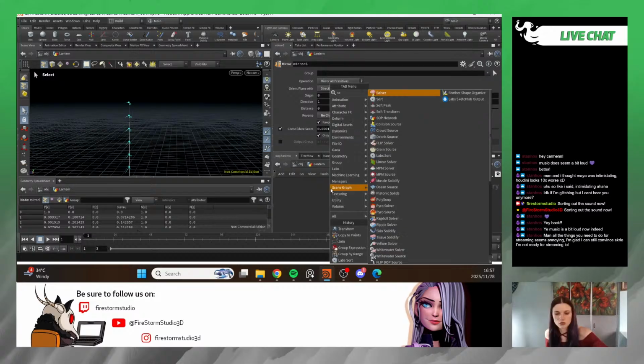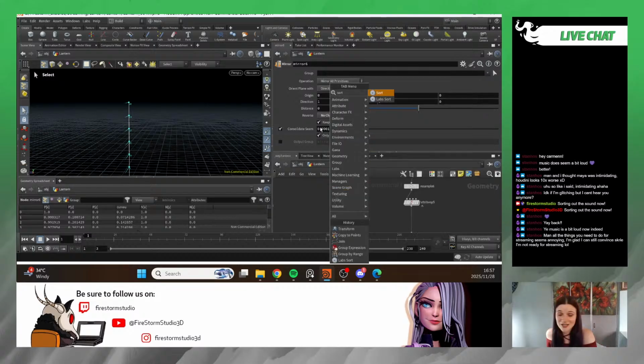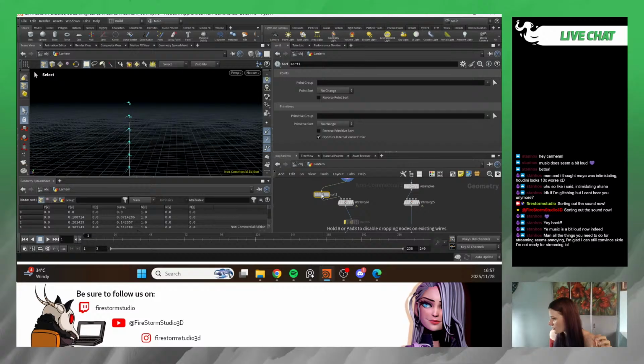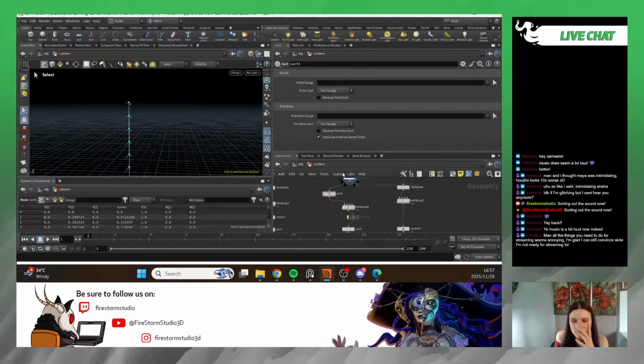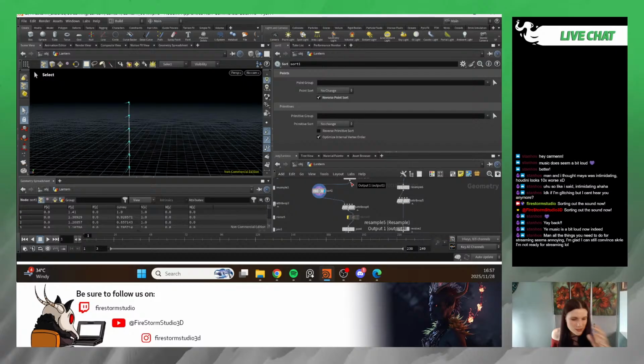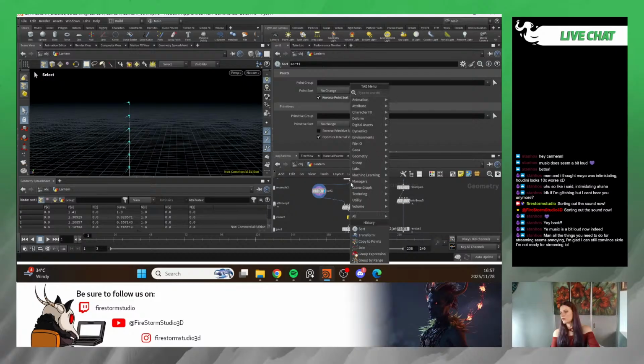So let's try sort. Now, did it work for selecting every second thing as I wanted it to? No, it did not. But maybe this time it will not fail. Was it a sort though? I don't think so. Let me see what that does. Okay, so here we can reverse the primitive order, which is fine, but that's not quite what we want to do. What was the other node? What was the other node? Not a sort. It's not a resample. It's